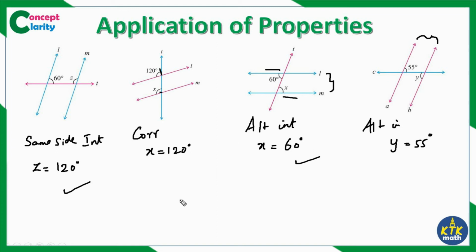So whenever you are naming the angle, if you find corresponding angles, they are equal; alternate interior are equal; even if they give alternate exterior, they are also equal. In the same side case alone, you subtract the number from 180. This is how you can easily find the answers by directly looking at the diagram once you are thorough with these three properties. So that's all with transversals and applications of properties.